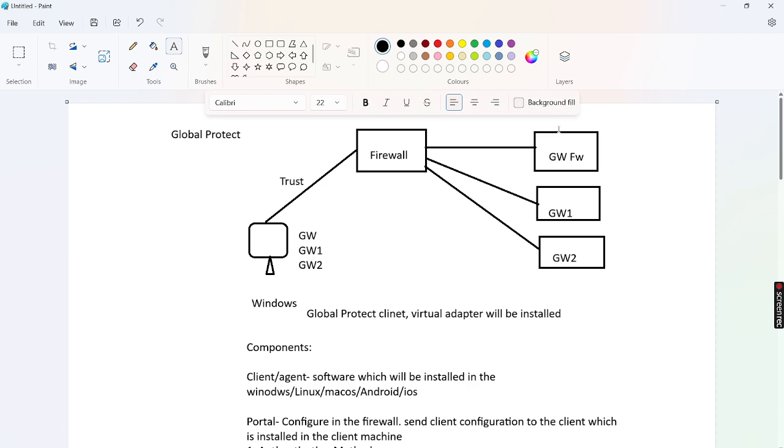If the gateway goes down, the client will connect to the gateway which has the second lowest round trip time. Okay, this is how the GlobalProtect client will connect to the gateways. If one gateway goes down, it will connect to the other gateway based upon the round trip time. Okay,